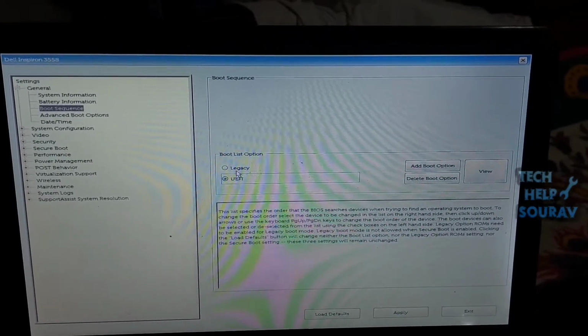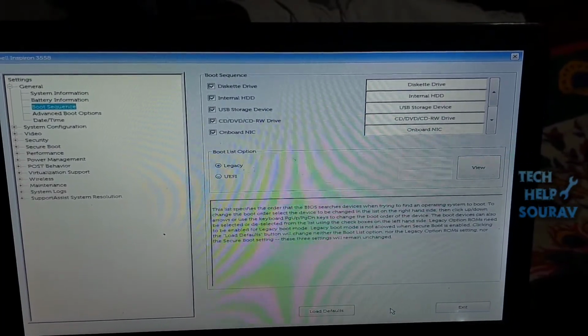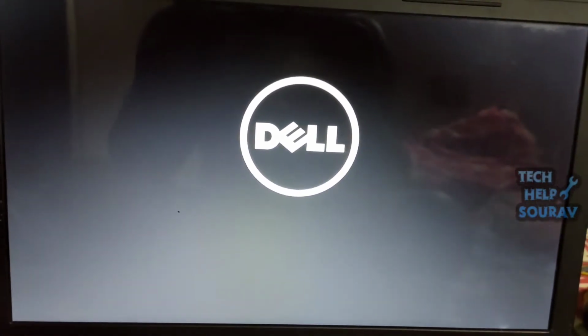You just select the UEFI option, apply and save the BIOS settings, click the Exit button and restart the computer, and the problem will be fixed. If you don't see any option like me after selecting the UEFI option, then follow me, keep the Legacy option selected and